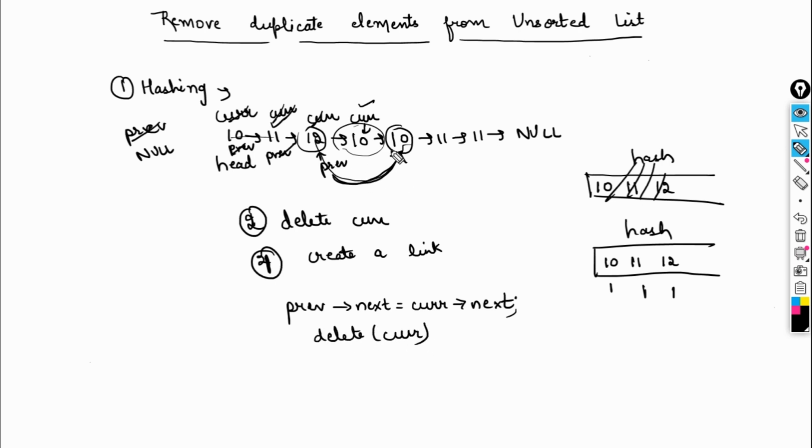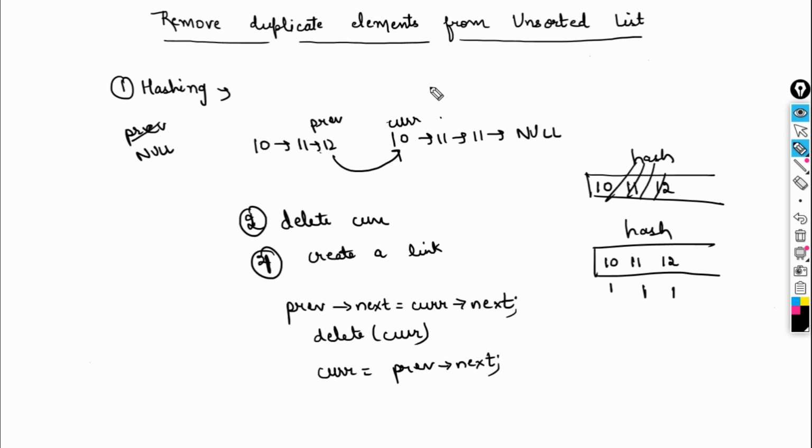And now where should current be pointing? We can simply take current to the previous next, because this is previous and this is previous next. Now we want our current here, because now this is the list and till this point we have checked, and now we need to check the further elements. So now current should point here, so do current is equal to previous next. So basically the list will be like this. Here is my previous and here is my current.